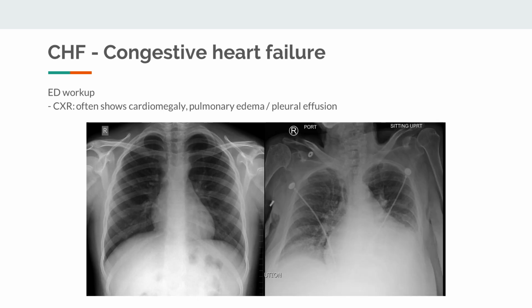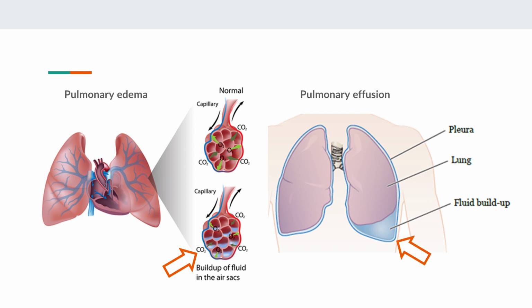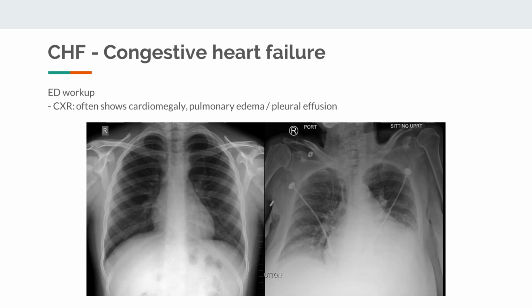On chest x-ray, pulmonary edema and/or pulmonary effusion will be seen. Pulmonary edema can be thought of as fluid inside the lungs, and pulmonary effusion can be thought of as fluid around the lungs. So the x-ray on the left is a normal chest x-ray, and the x-ray on the right is showing pretty significant pulmonary effusion and edema. You can see how the lung fields are much more fluffy, which is due to all the fluid that's inside the lungs. So fluffy is pulmonary edema, and one of the easier ways to look for pulmonary effusion or fluid around the lungs is by looking at the costophrenic angles.